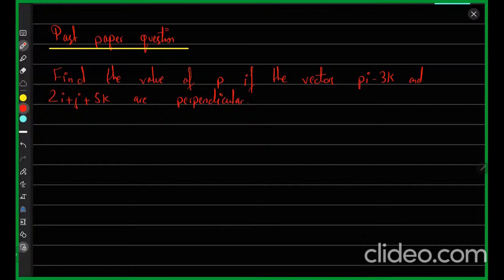Okay. So it says find the value of P if the vectors Pi minus 3k and 2i plus j plus